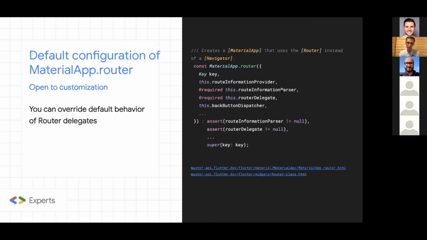The first three have a default implementation. The router delegate, I think, doesn't have a default implementation, so you have to provide it on your own. There's some documentation that I recommend reading, and we're going to see some examples of the implementation or behavior of all of these delegates.